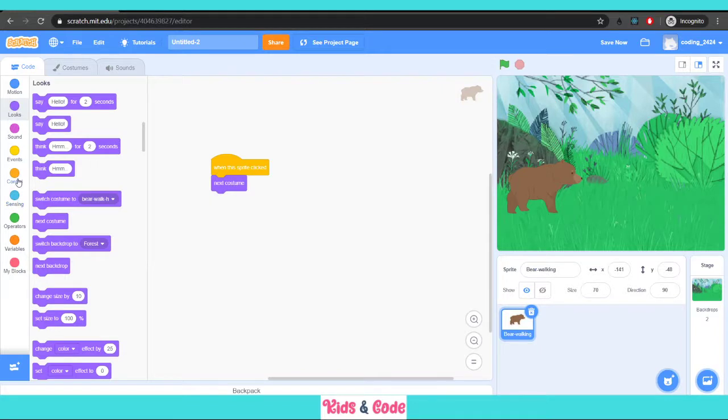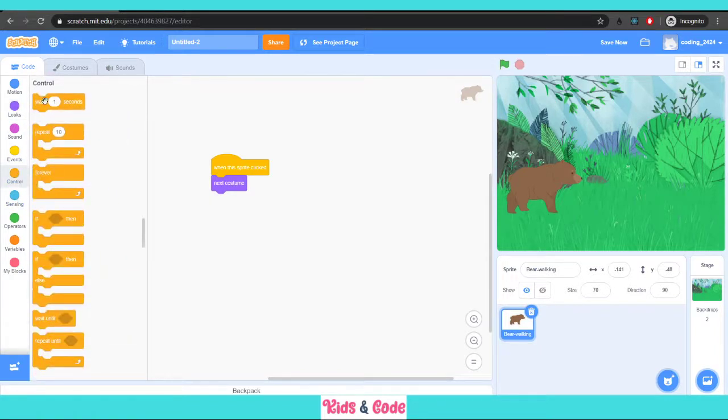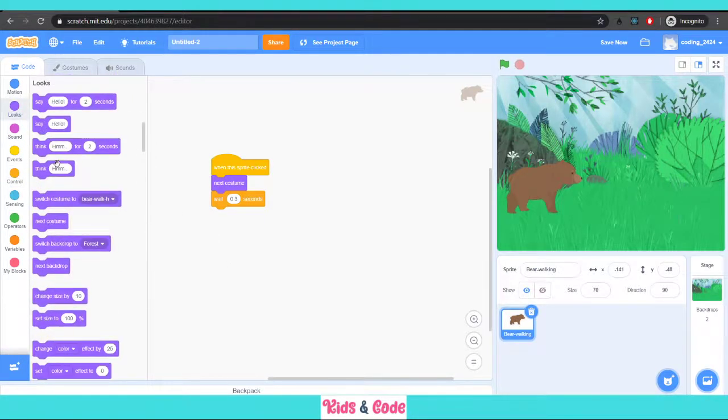and we can go to control, and we can say that it should wait for 0.3 seconds, let's say, and let's add the next costume here.